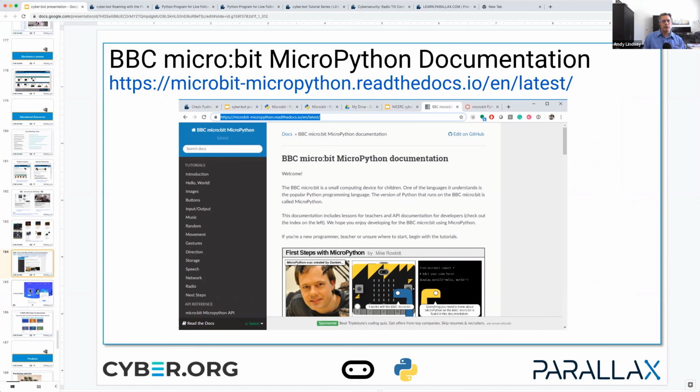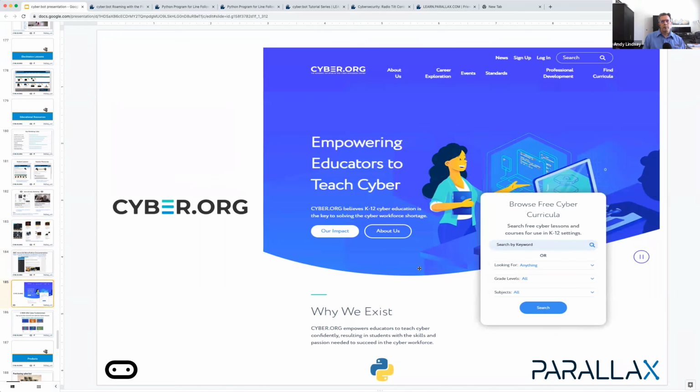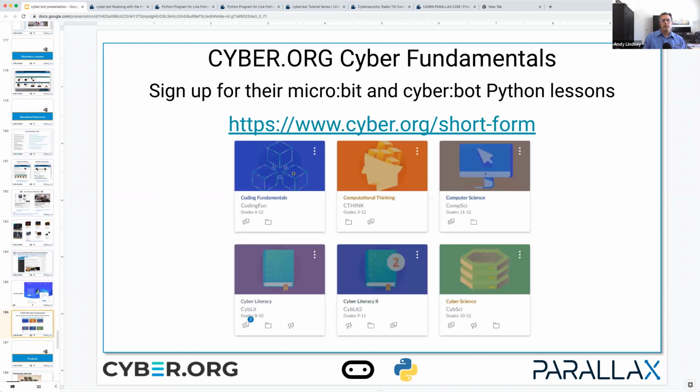And then cyber.org. Cyber.org has a number of resources that you can use. They cast a much wider net than Parallax, which emphasizes robotics, electronics, and computer science. Cyber.org has a cybersecurity emphasis, but they also have cyber literacy 1 and 2, and that's where they use the Cyberbot, and they have